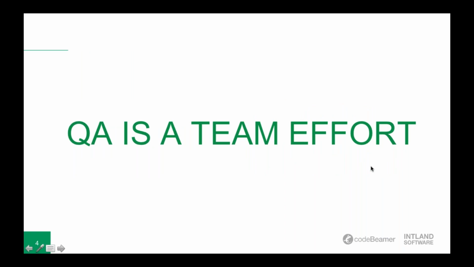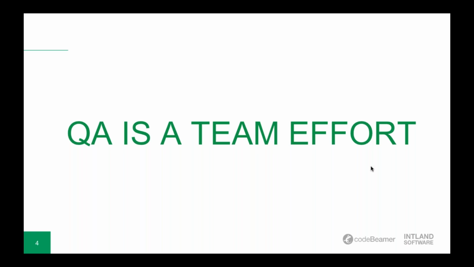Okay, let me start out with this bold statement. Well, it's not really a bold statement, but it's a bold message. So QA is a team effort. I feel like people who are not in QA sometimes mistake QA as the last gatekeeper of the quality of the product. But people in QA know that this is a continuous team effort where they need to be proactive and observant throughout the entire life cycle of the product. So the QA team has this additional responsibility of ensuring that the quality of a product remains a team effort. Okay, so QA basically means ensuring the quality of the product, but how do you do that?